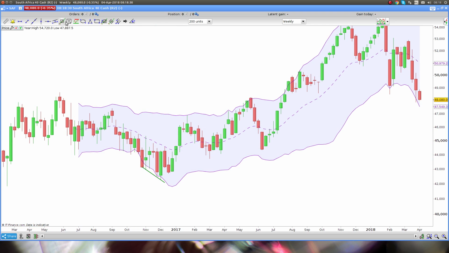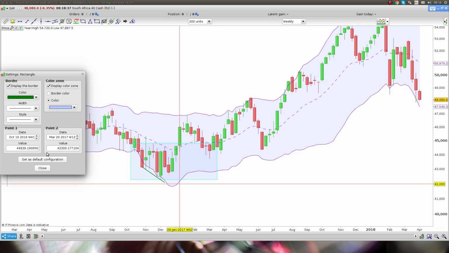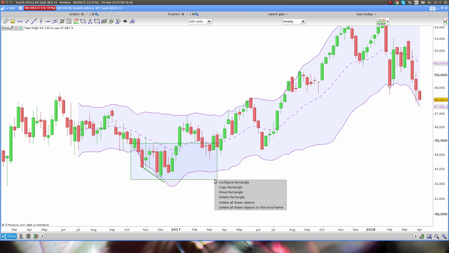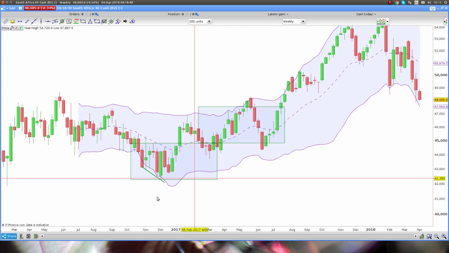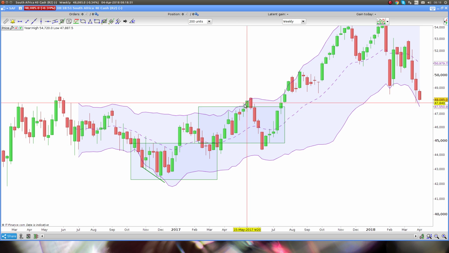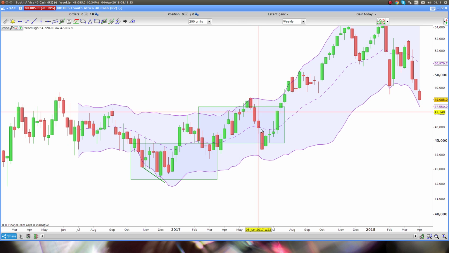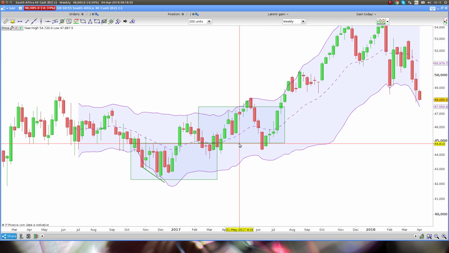So from a price action perspective, what does that mean? Well, this is essentially a range. And when the range breaks out and comes to the retest, we'll just copy this and move it to the upside. Our target is the top of the range, and there you can see the top of the range before we came back for another retest of the breakout.